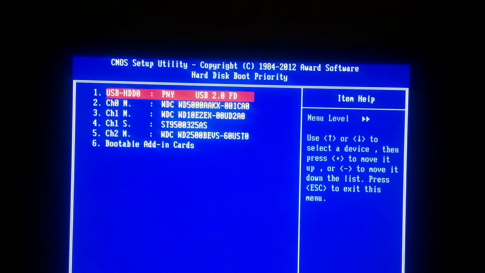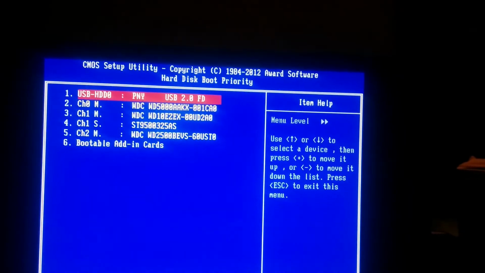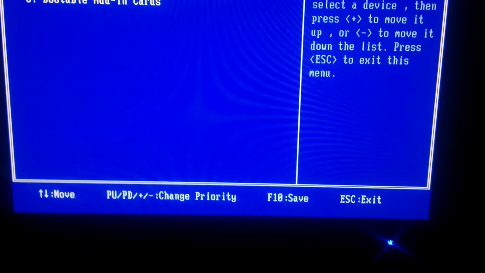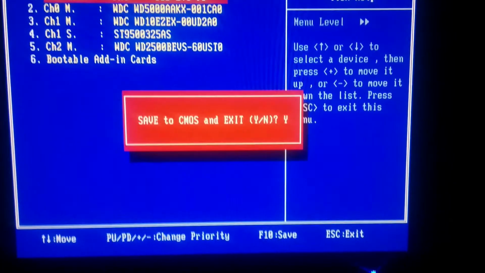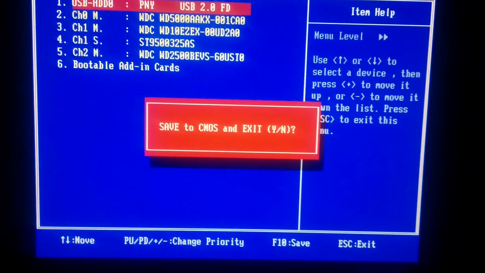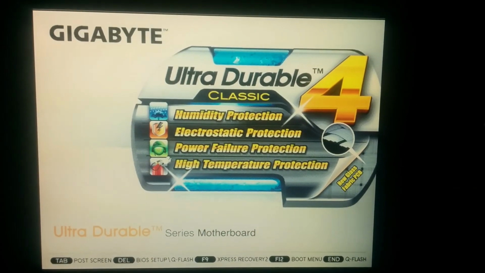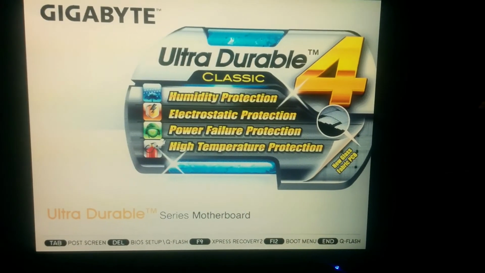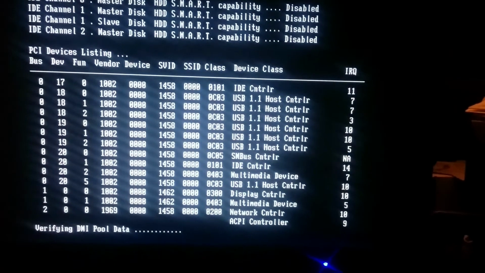And once it's number 1, what you're gonna do is hit whatever key it tells you down here for save. For example, mine is F10. It's gonna ask you yes or no. You do yes. It's going to save the changes and it's gonna reboot. Next time, once it reboots, you don't do anything. The computer's gonna try and boot. Now, since the USB stick is number 1 in line,